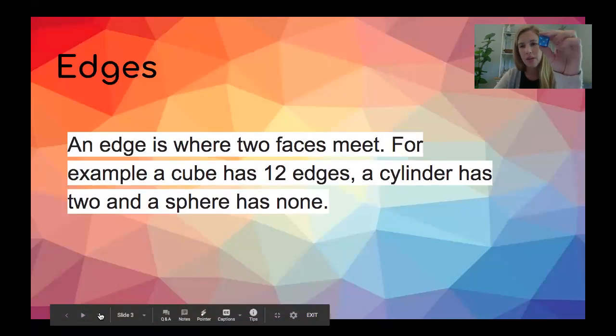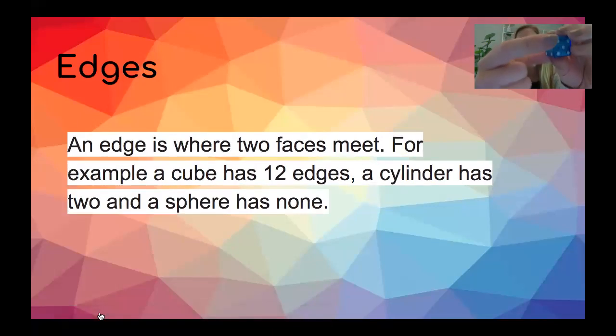Okay, the next thing we want to talk about is edges. Edges are the sides where 2 faces meet. It's where one face and another face come together and they make that flat edge or that flat side. So if you can see, right here is an edge, right here is an edge. It's just where those faces are meeting together. So it's the side. When we talk about a cube, there are 12 of these edges on the cube,